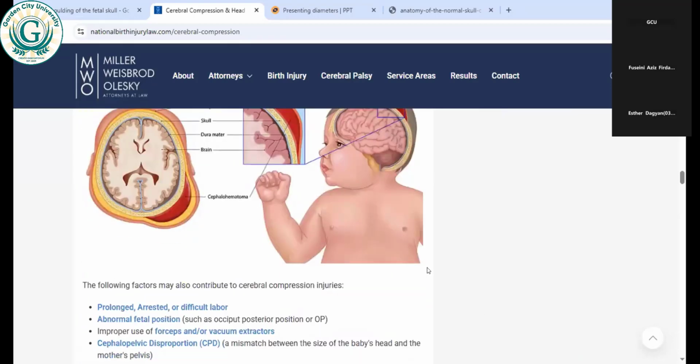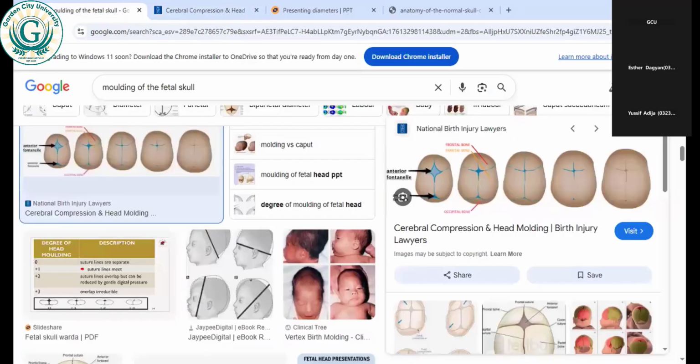Hello, sister. Yes, please. Please, the face presentation and the brow presentation. Please go on that one for me. Face presentation. When the head is completely extended, the presenting diameters, so we are talking about the diameters, which